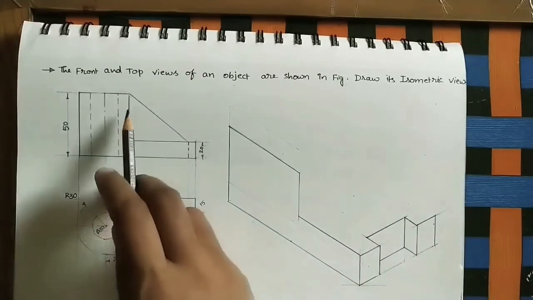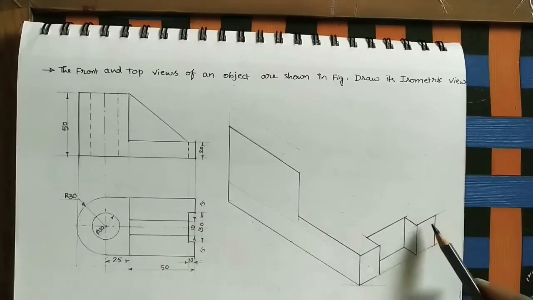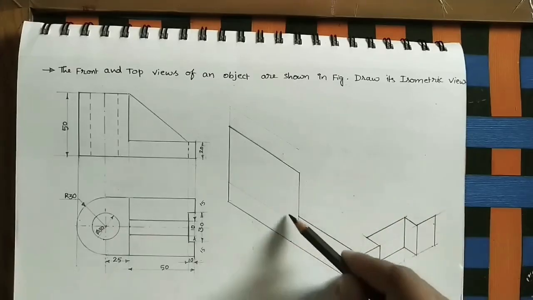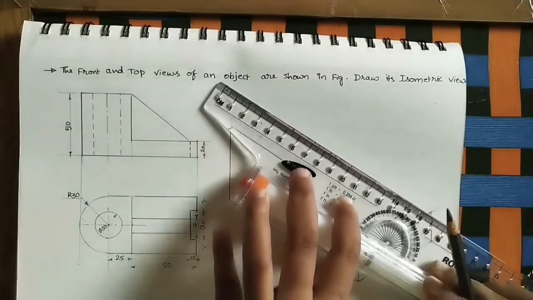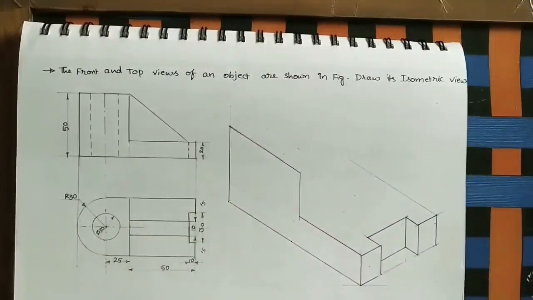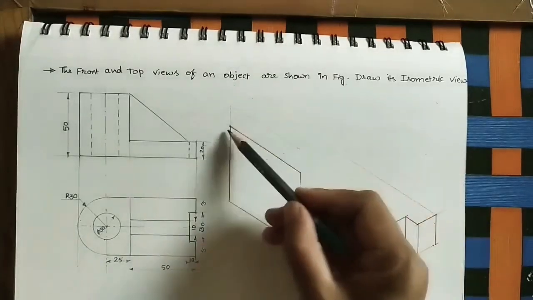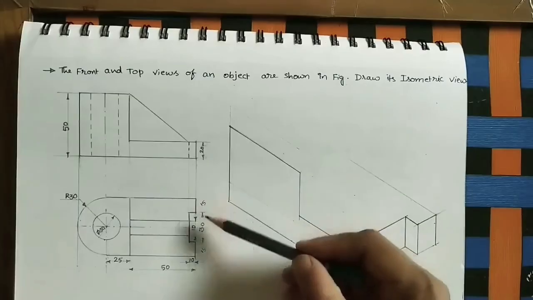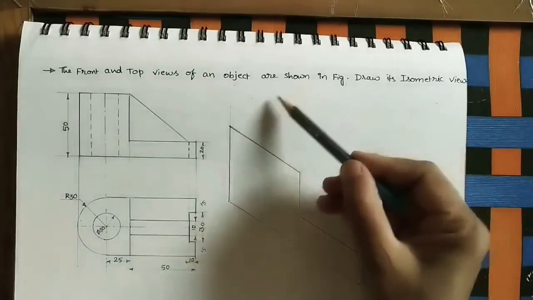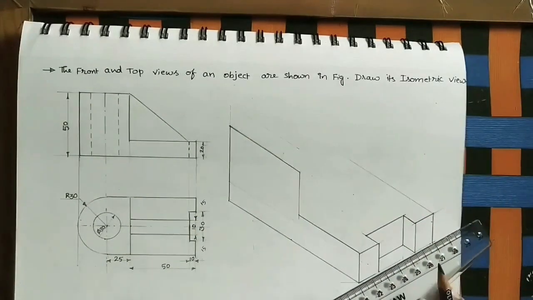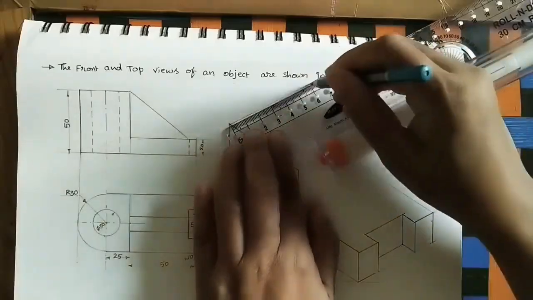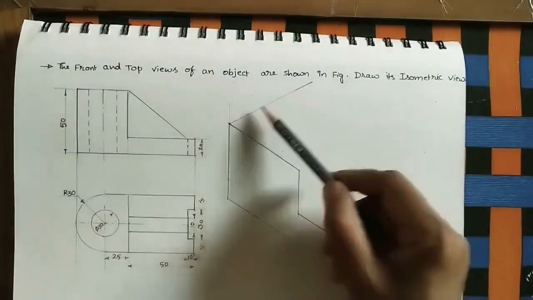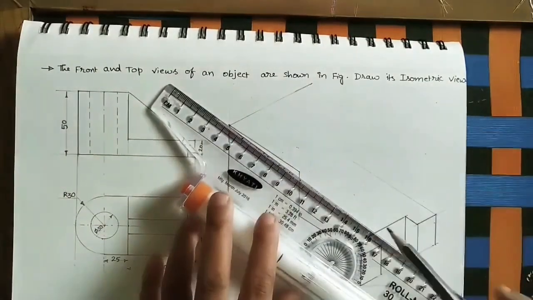After that here make the perfect L section of this width. For the entire width we will take the line here parallel to this line. In the top view if you see, the entire width we can see. Here also take the entire width. Just now I told this is the 60 mm. Take the 60 mm this side also. We have marked the entire width here. Take the line here parallel to this line.